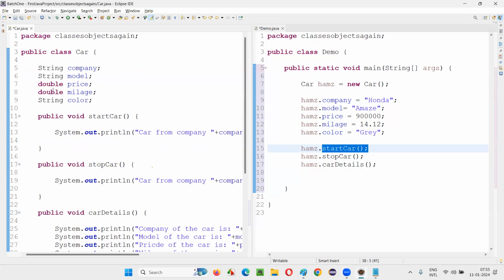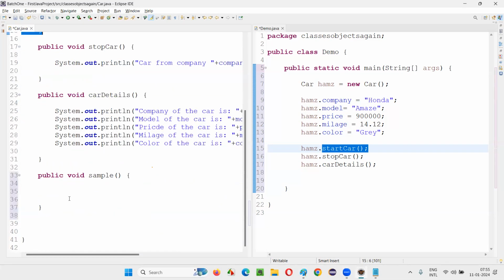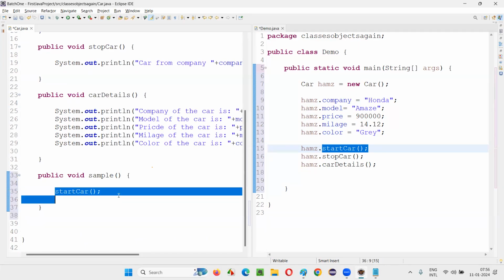The sample method also belongs to the same class, and the start car method also belongs to the same class. So directly I'll call the start car method like this. Any error coming? Do I need object reference here?